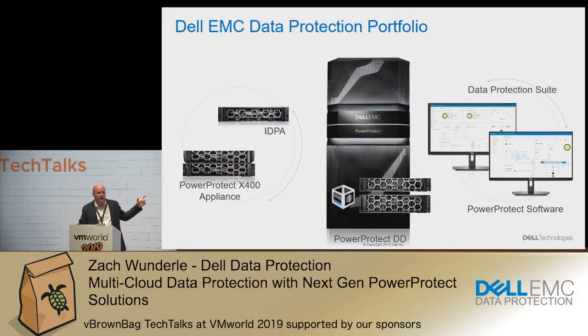So we'll talk to how that changes in the cloud landscape here in a second. On the right side of the screen, this is our software, right? This is the actual data mover, regardless of where your data lives, to write to a physical appliance or a virtual appliance, depending on your needs. And on the left side,